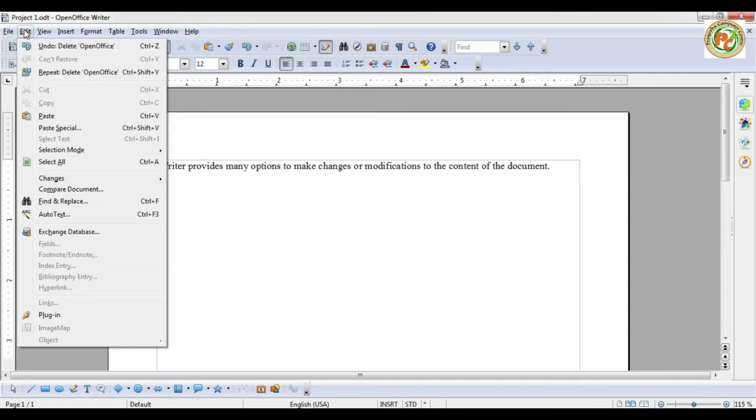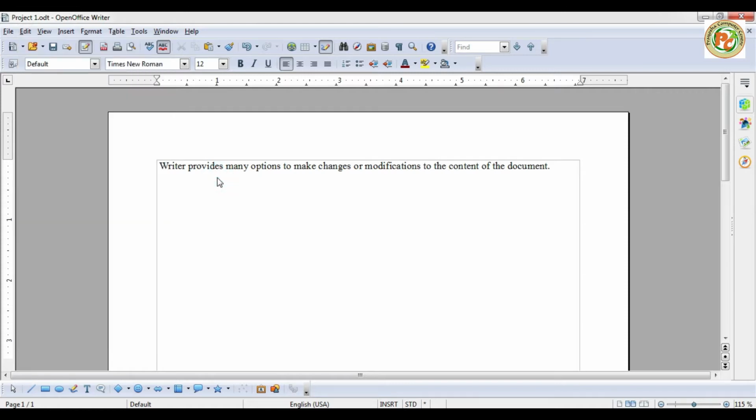For undo, you can click on the Edit option. This is the undo, and whatever we have deleted will be displayed here. The shortcut key is Ctrl+Z. If you press Ctrl+Z, whatever you deleted last will appear again. Now I want to delete this one, and if I press Ctrl+Z, it appears again.